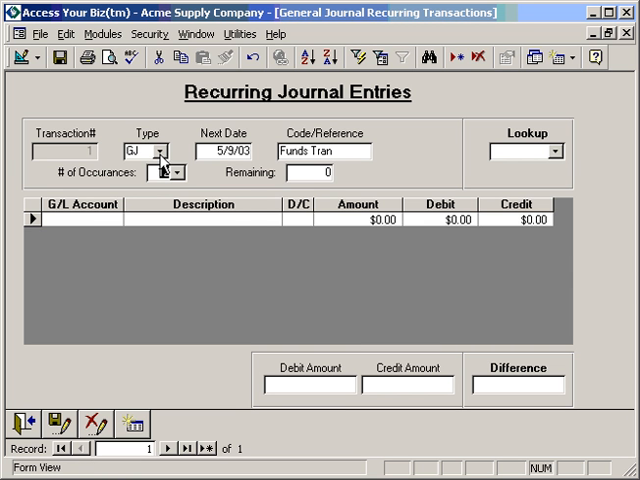Number of occurrences. If you see the drop-down box, we can indicate how often we want this to happen. Let's say if we wanted to do it monthly, we'll accept that. And how many remaining recurring entries you have, and it will actually decrease the remaining entries you have each time it generates it. So we'll go ahead and just put in 52 for 1 year,